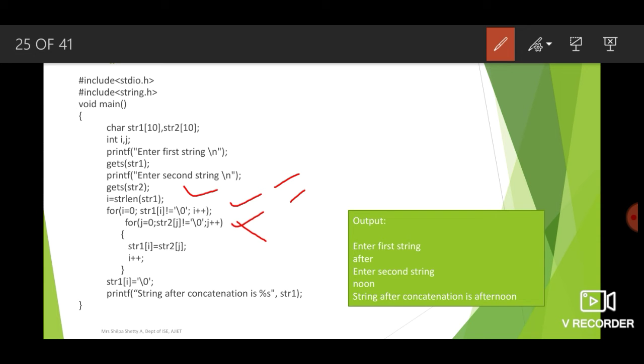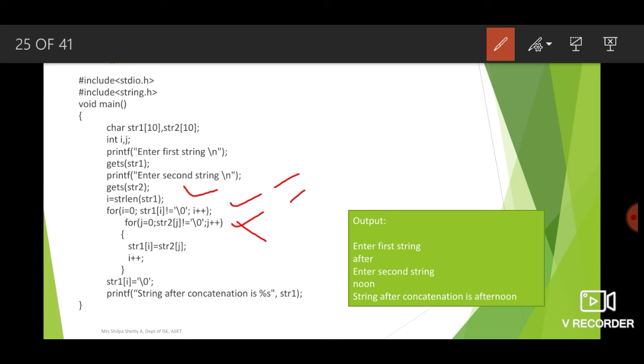For example, if it is noon, you have to copy N, O, O, N one by one to the end of after. So we write for(j = 0; str2[j] != '\0'; j++), that means till the end of the second string, i++, str1[i] = str2[j].